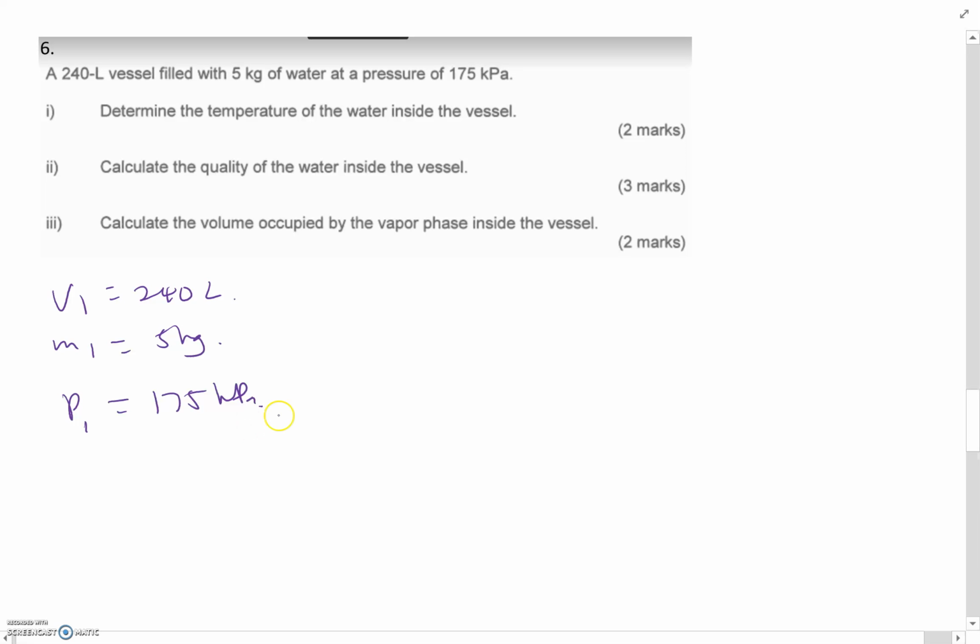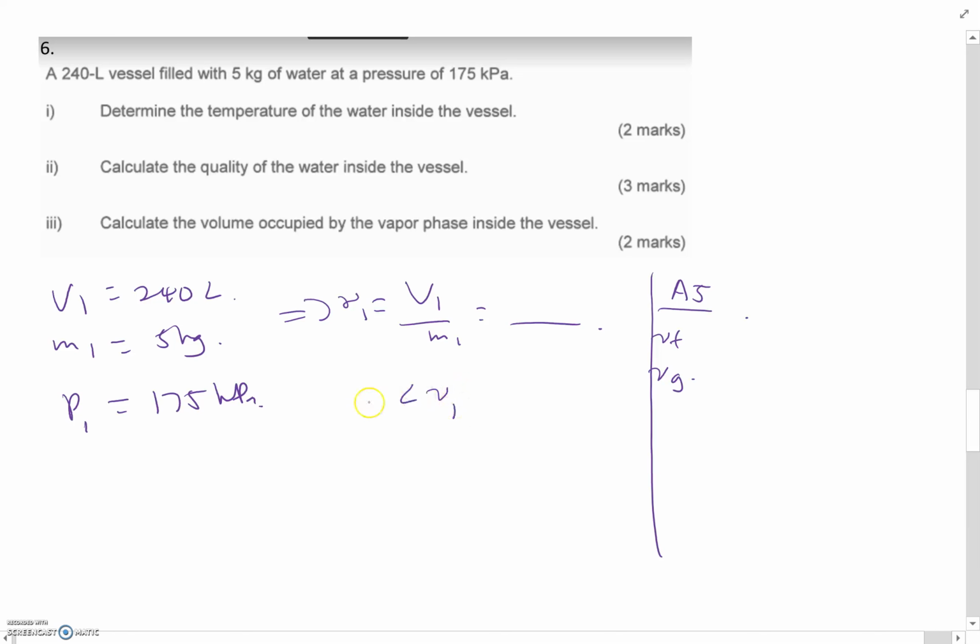You are given pressure, so you can use table A5. At P1 equals 175 kilopascal, you can easily get specific volume 1 from V1 over mass 1, and then you can get Vf and Vg, and identify